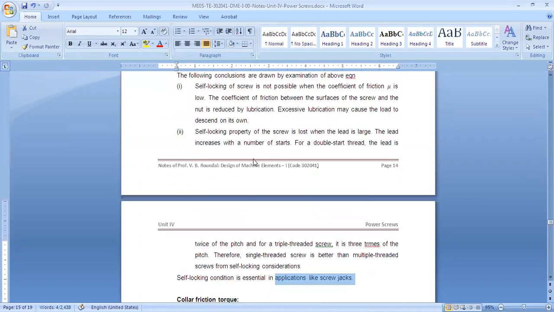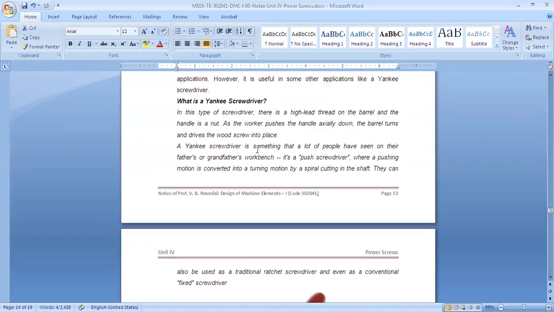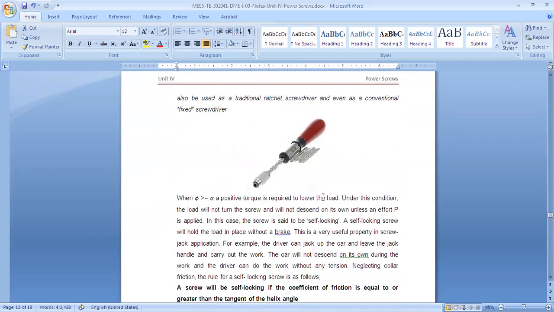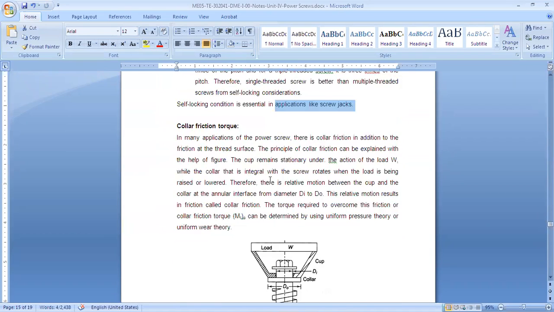We have seen that. What is that? It is W into dm by 2 into tan(phi + alpha) to raise and tan(phi - alpha) to lower. Now this is one torque. There is one more torque, because